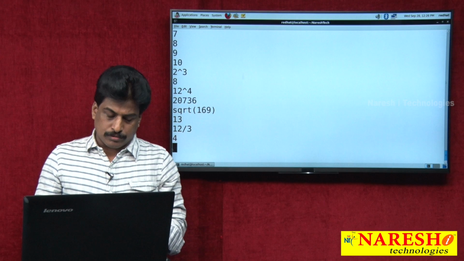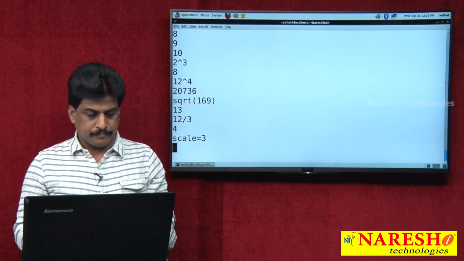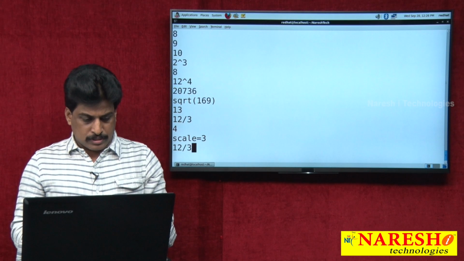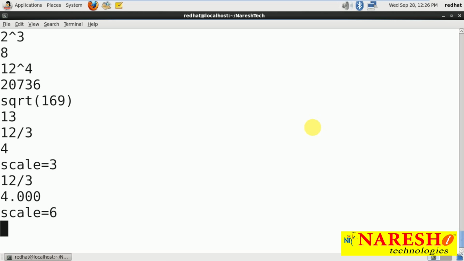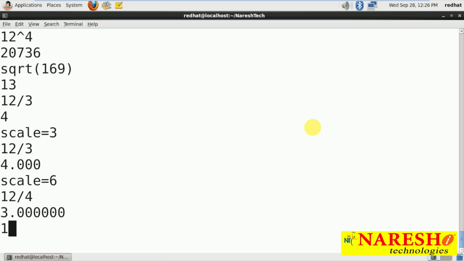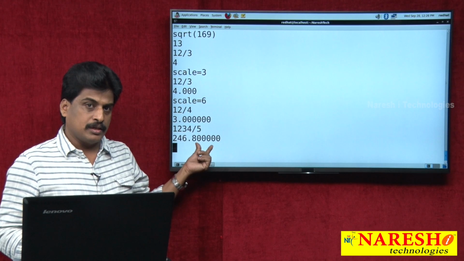Now you need to scale. Scale is equal to 3, you said. Then 12 by 3, observe. And you said scale is equal to, for example, 6, and I said 12 by 4. Like this, any kind of problem, whatever scale you declare, that many float